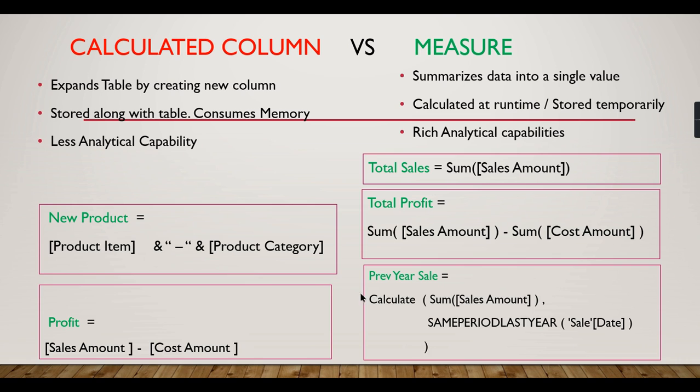Another typical example over here, previous year sales. You want to calculate the sum of sales and you need to wrap it in a calculate function. Calculate is a powerful DAX function that will alter your filter context. So it will be like same period last year on the sales date. What this calculation is doing is trying to calculate the sales for the same period last year, assuming you are viewing the data